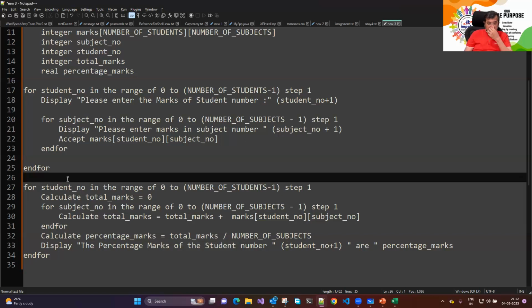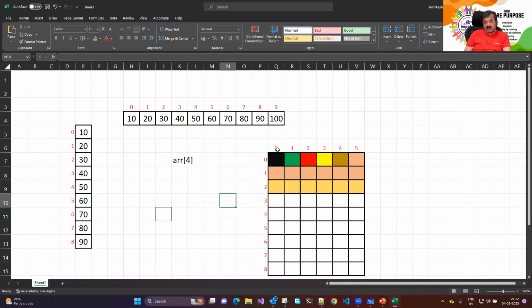Okay, now that we have printed percentage marks of every student, हमें अभी क्लास का परफॉर्मेंस चाहिए था। तो क्लास का परफॉर्मेंस के लिए क्या चाहिए, सब्जेक्ट नंबर ये है, तो ये टोटल कर लिए तो ये क्लास का टोटल आ जाएगा फर्स्ट सब्जेक्ट में, ये क्लास का टोटल आएगा सेकंड सब्जेक्ट में, ये क्लास का टोटल आएगा थर्ड सब्जेक्ट में, ये फोर्थ सब्जेक्ट में, ये फिफ्थ सब्जेक्ट में, ये और ये आएगा क्लास का टोटल इन द सिक्स्थ सब्जेक्ट।